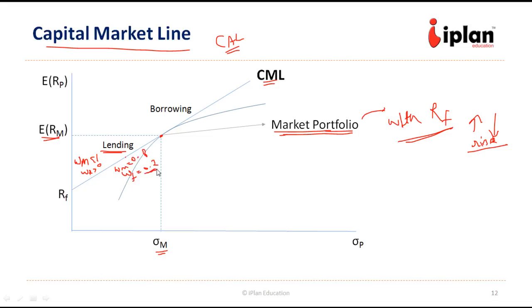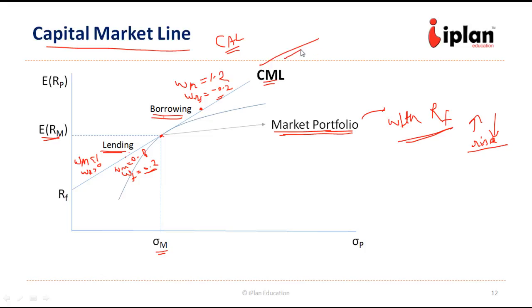While we are moving up, we are borrowing, that is, our weight in the market portfolio could be more than 1, for example 1.2 for this point, and the weight in the risk-free asset is minus 0.2. That is, we are borrowing 20% of the value at the risk-free rate and again investing that in the market portfolio. The summation has to be 1, but we can even go to the negative side. So we could be involved in lending or borrowing at a risk-free rate. That gives us a capital market line.